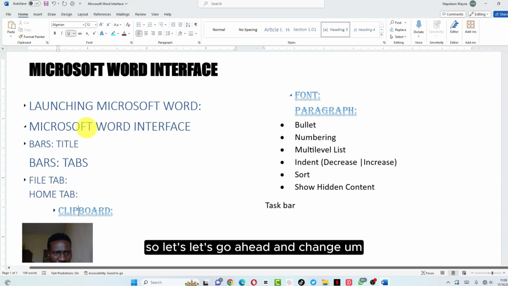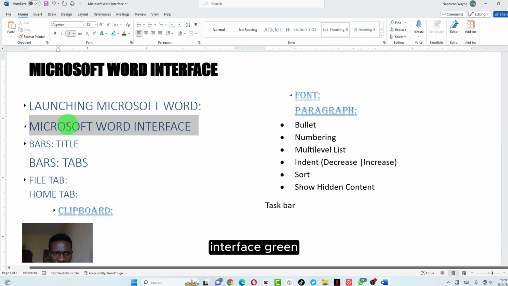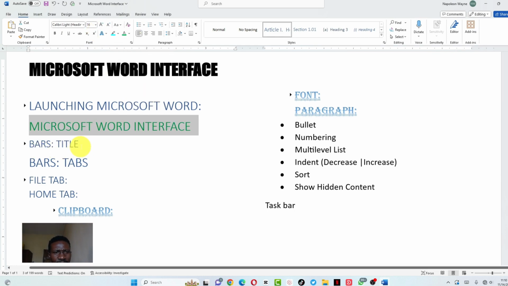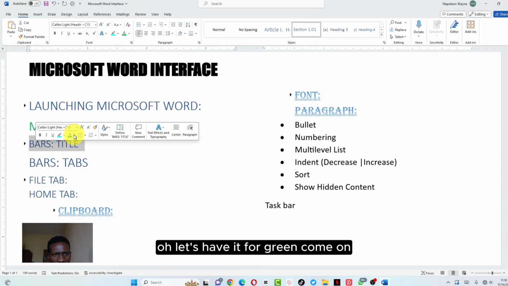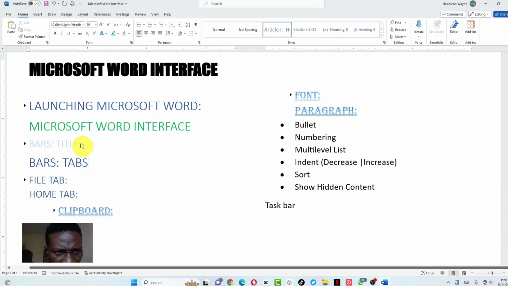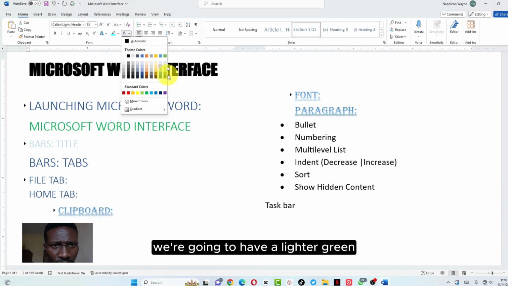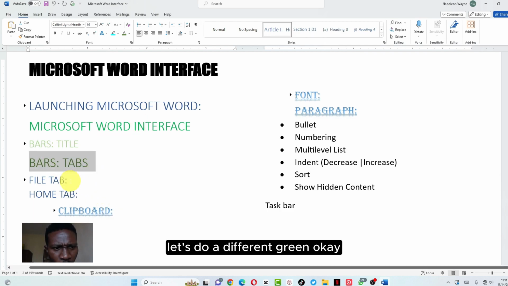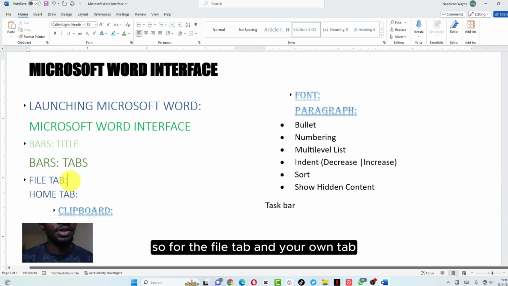So let's go ahead and change. Let's make launching blue. I will make a Microsoft Word interface green. Go to the text color, font color. Let's have it for green. And then the tabs bar, we're going to have a lighter green. Let's not do a lighter green. Let's do a deeper green. Okay, so for the file tab and the home tab,